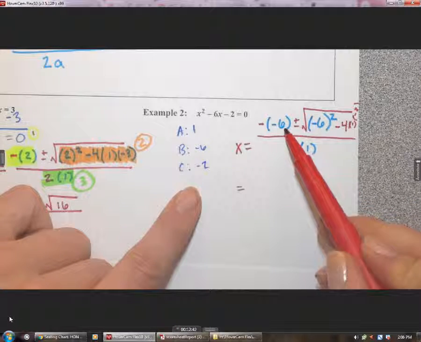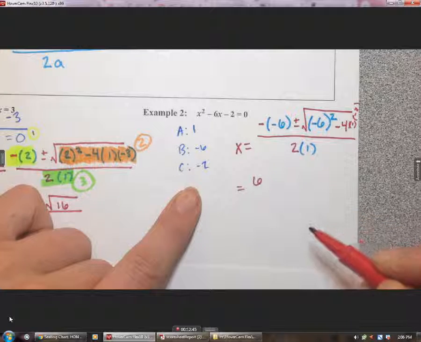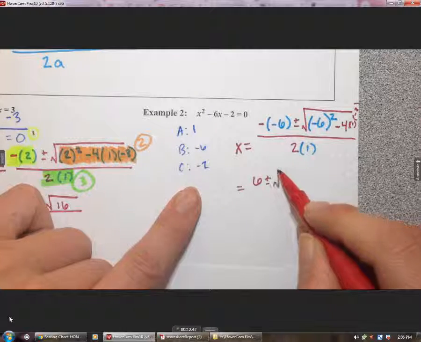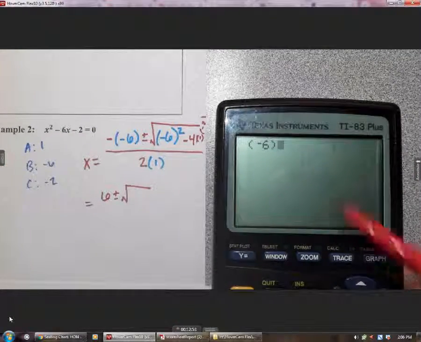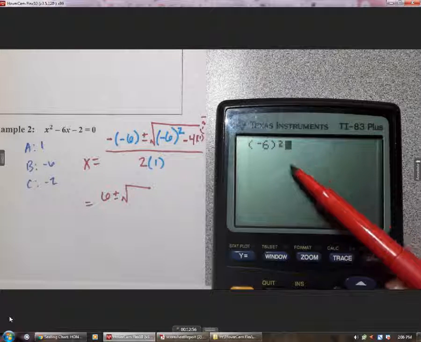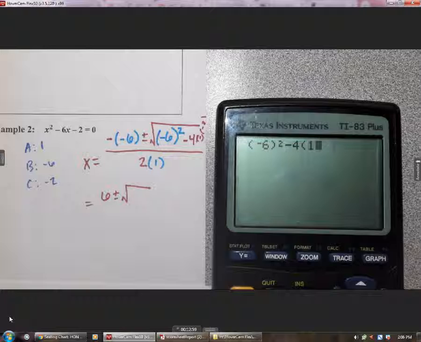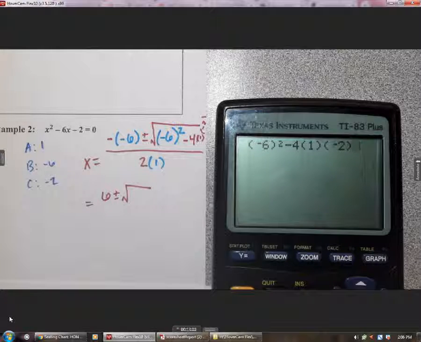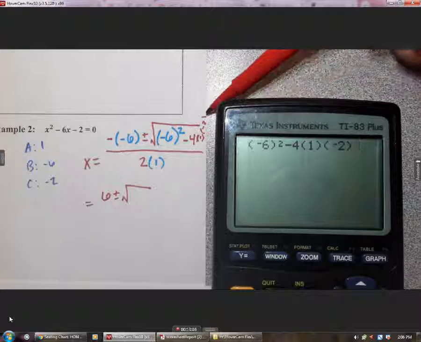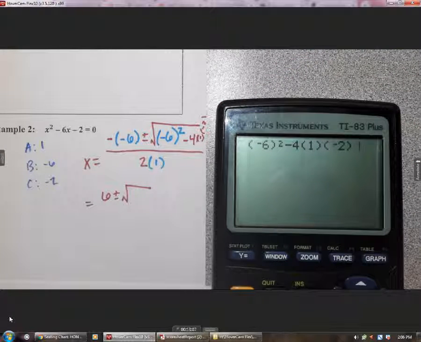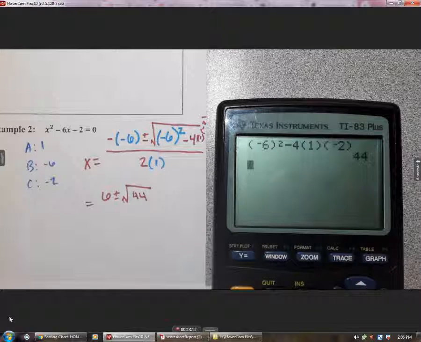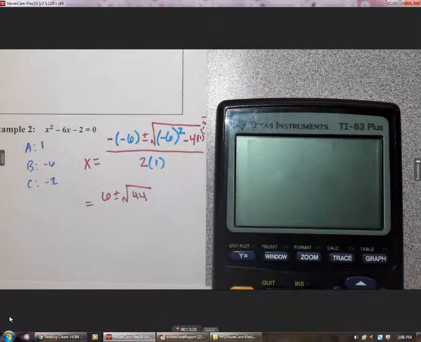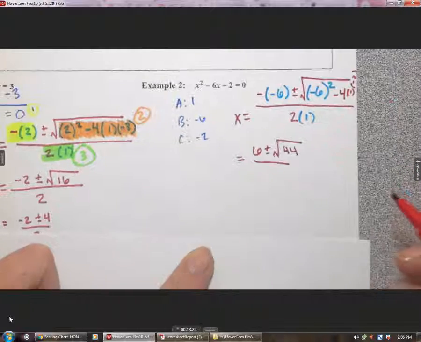So negative negative 6 becomes positive 6. Good. Plus and minus the square root of, let's do the stuff in the middle. It'll be negative 6 in parentheses squared minus 4 times 1 times negative 2. That's what I crammed in here on the side that you can't read. So it's plus and minus the square root of 44, all over 2 times 1,